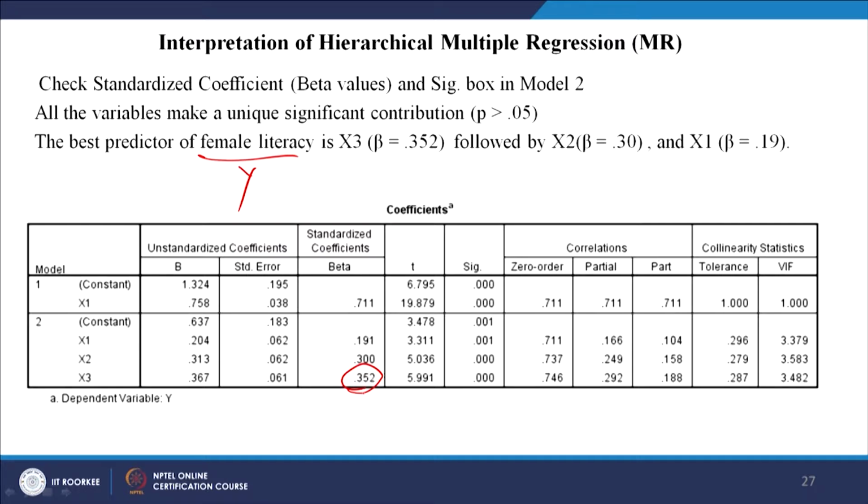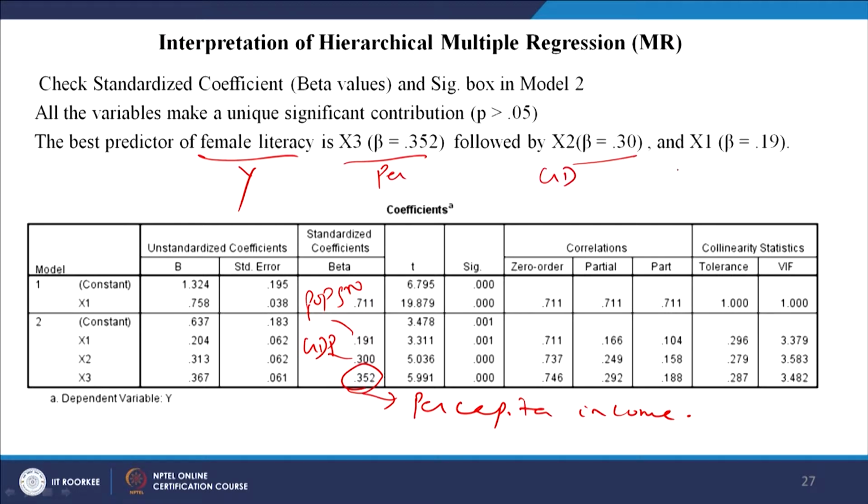And this is the per capita income of the family. x1 was the population growth, and x2 was the GDP. So first per capita income, then GDP, and finally the population growth. These 3 contribute in this order.